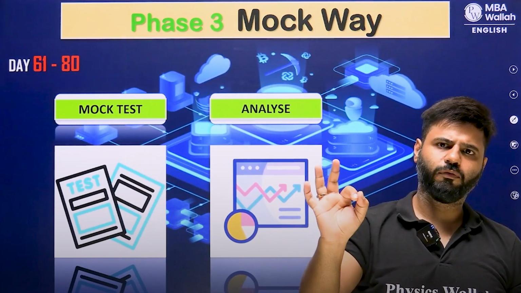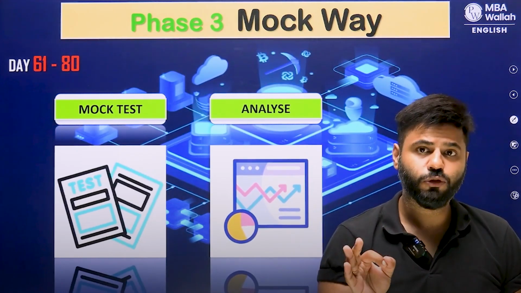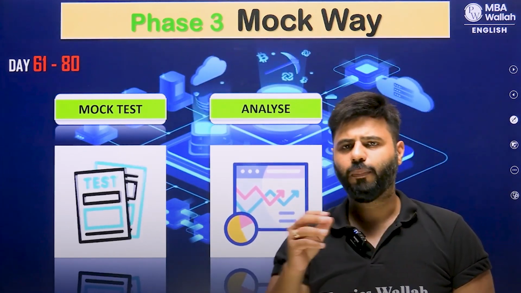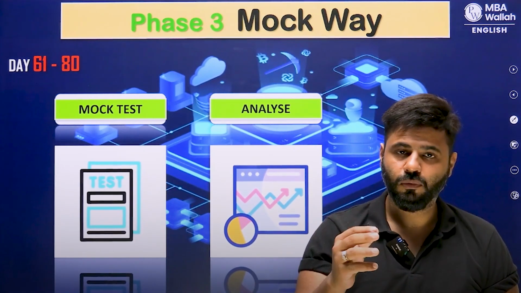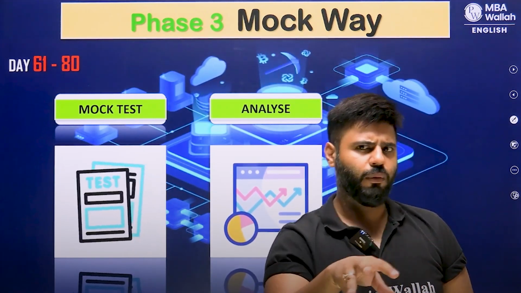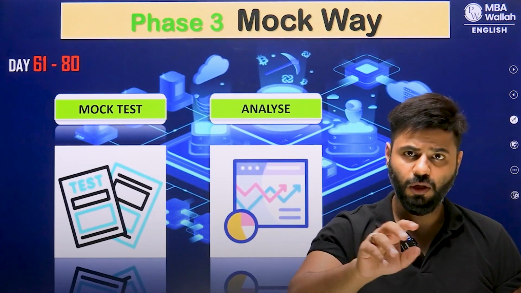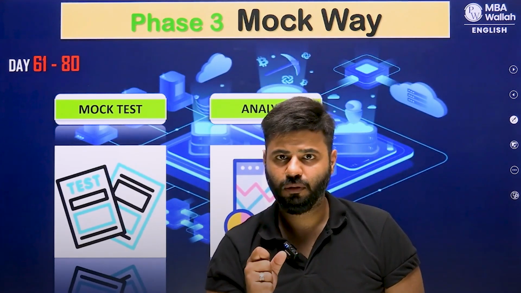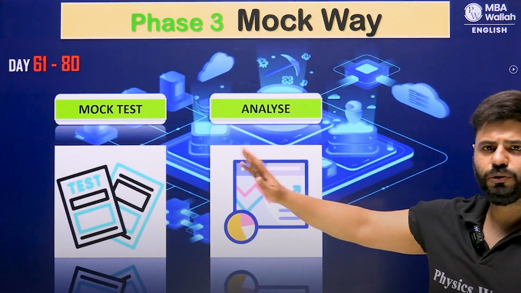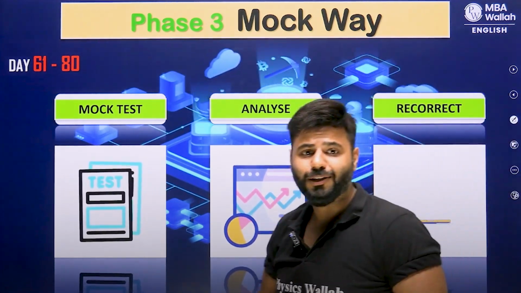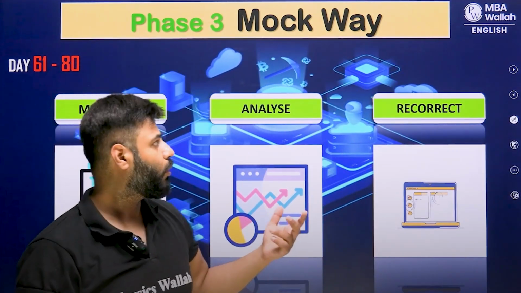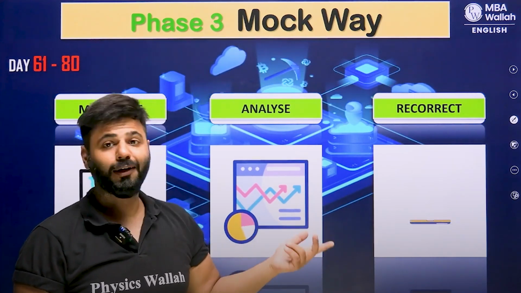5 will definitely come from here. Then I'll look for the sitters. In every paper out of 22, there are 6 to 7 sitters. Then they look for the sitters. Okay, these 6 sitters, 3 were already done, the 3 remaining I'll finish off. Then they look for the intermediate questions. And by the mock test, you don't just make those kinds of strategies. You also get to understand where you are going wrong.